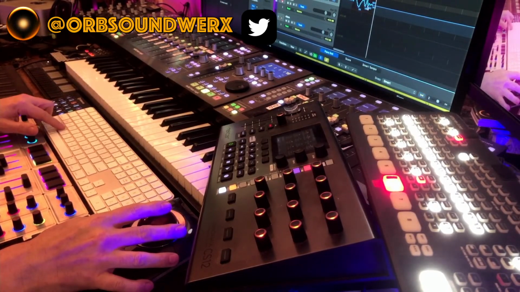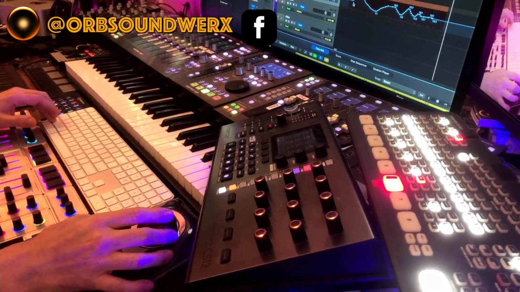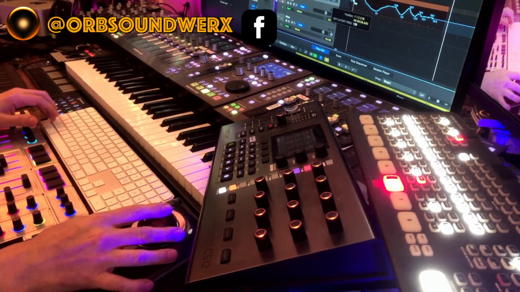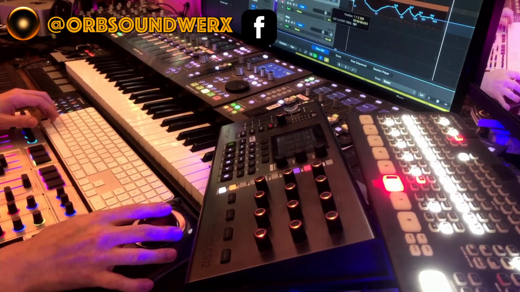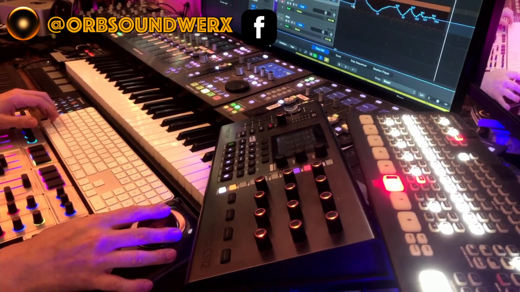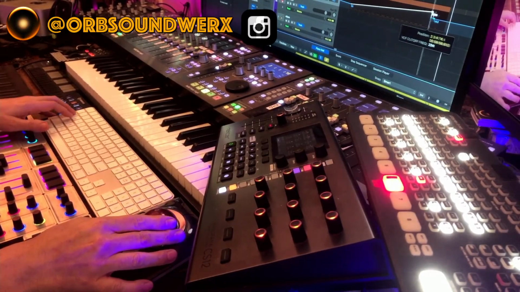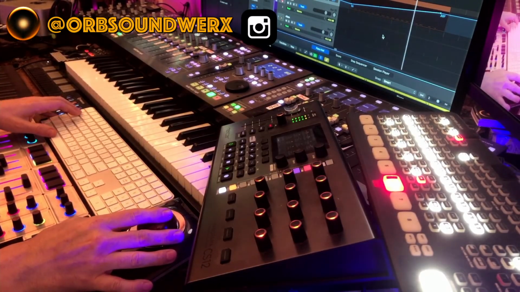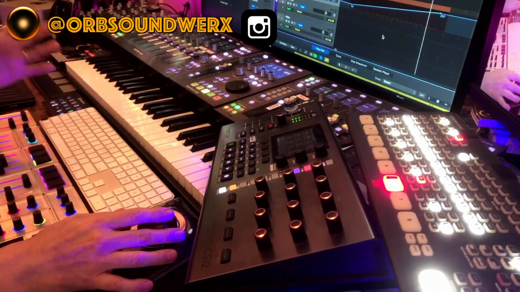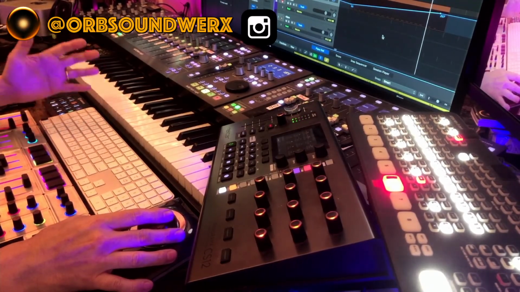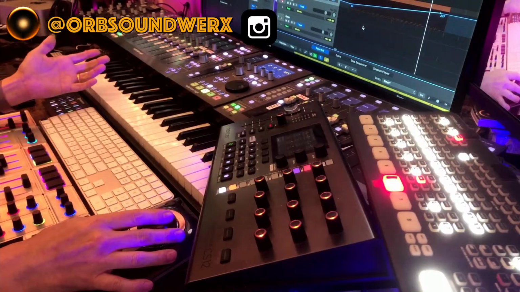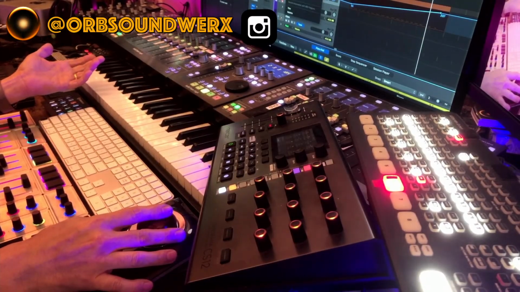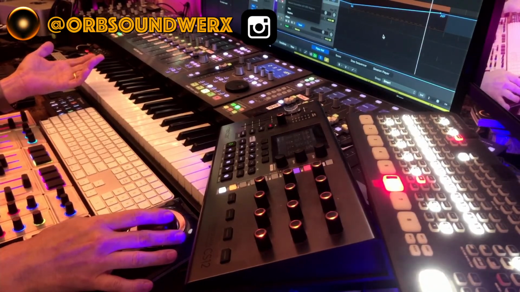So if I say, you know what, I didn't like the way I twisted those knobs, I can just zoom in there and say, I want to have a nice, smooth, clean movement from here up to there. Beautiful. Just so unbelievably intuitive. It just absolutely works. And then, of course, when you're finished, you want to go back to your read automation. Very important. Oh, I guess you can't really see that. Anyway,